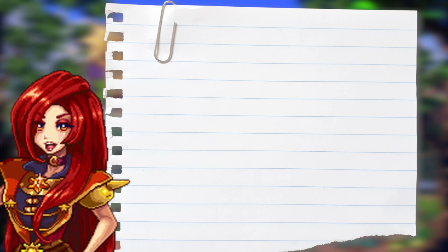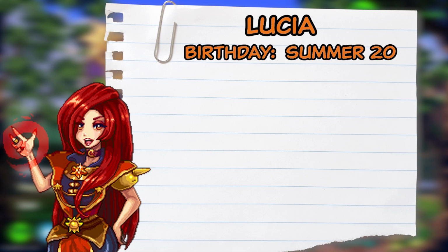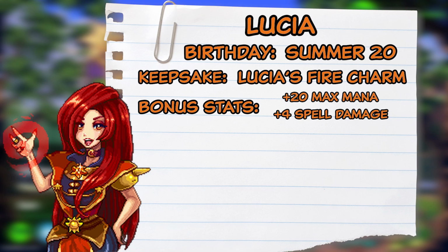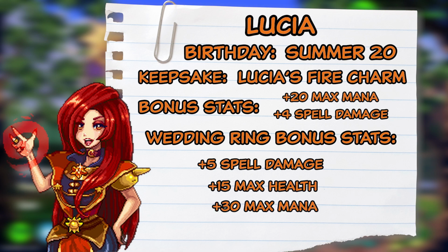Next bachelorette is going to be Lucia. Call her Lucia. We'll call her Lucia. Her birthday is summer 20. Her keepsake is Lucia's fire orb, the bonus stats of which are plus 20 max mana and plus 4 spell damage. Her wedding ring bonus stats are plus 5 spell damage, plus 15 max health, plus 30 max mana, and